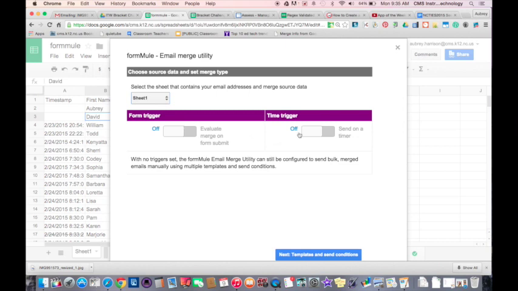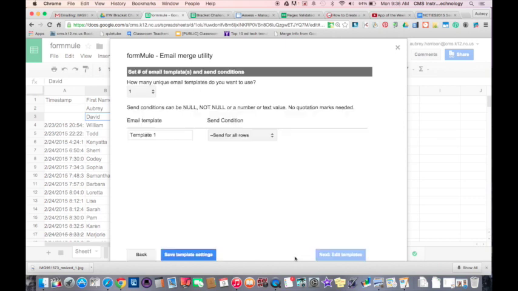And then I have a couple of triggers that I have set here. Like I said before, it could be connected to a form, so I could set it up so that if I wanted it to send this email every time somebody submitted a form, I could do that by just clicking that button here and moving this over to evaluate merge. Now this one is not connected to a form, so it's not going to give me that option. But if it was connected to a form, it would move over and allow me to send this email on a form submit. You can also set it on a time trigger as well if I wanted to. I'm just going to leave it as it is and go to the bottom here and hit next for my